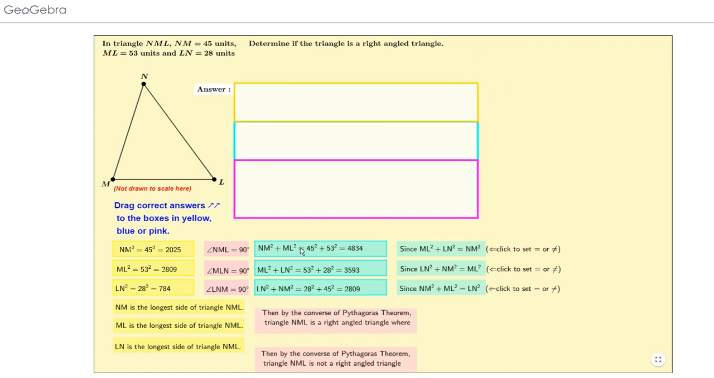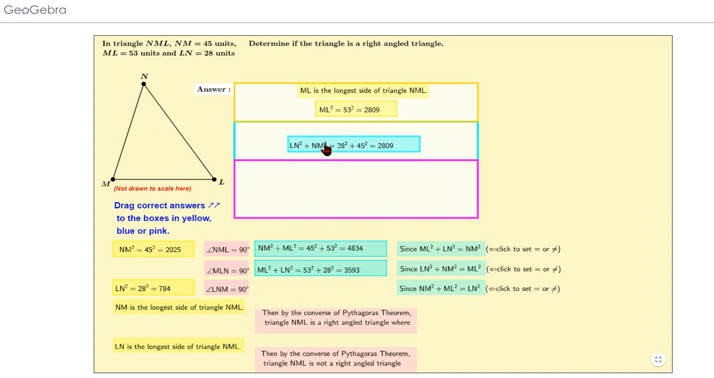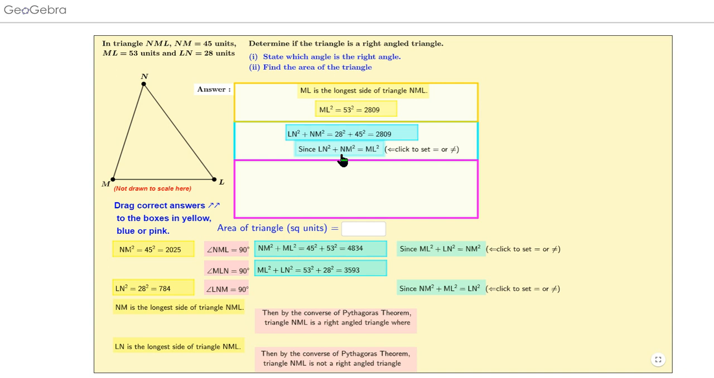Click on the new question and you will get a new triangle generated, triangle MNL. Again, the information is given and you find that ML is the longest side, so the square of ML is 2809 units. What about the sum of squares of the remaining two sides? Since the sum of squares of the remaining two sides is equal to the square of the longest side,